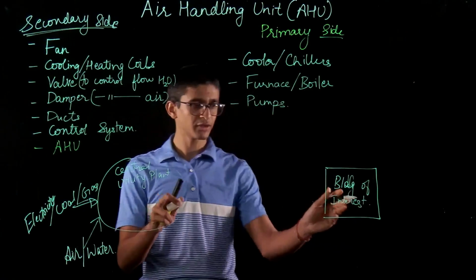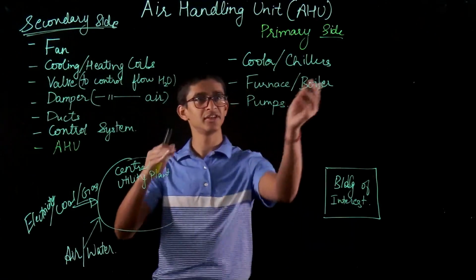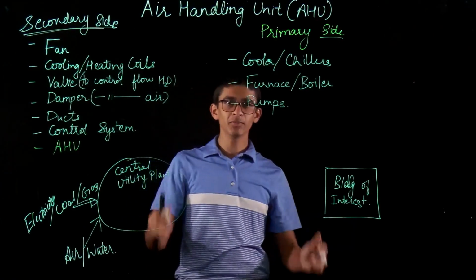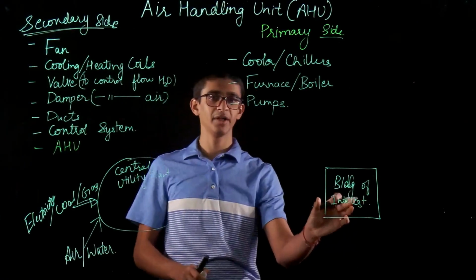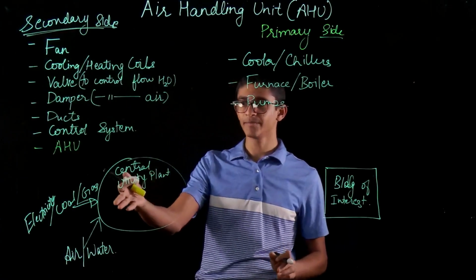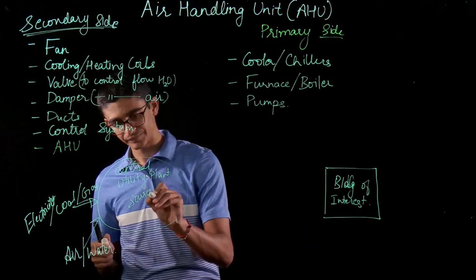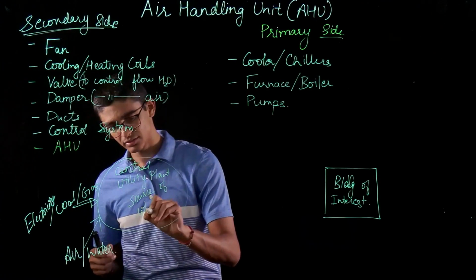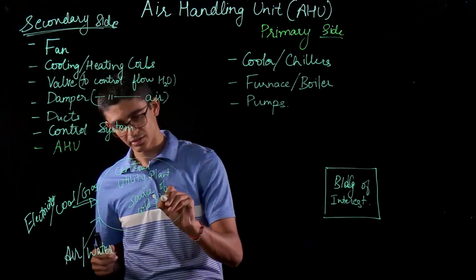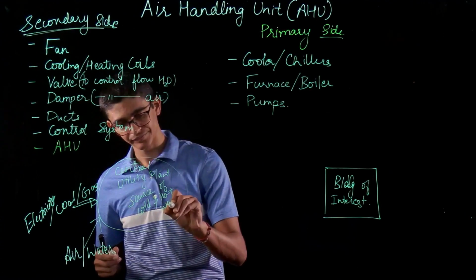In between, usually the building of interest will not have the chillers, boilers, everything. If we have multiple homes or multiple buildings, we'll have one central utility plant, which will be a source of cold and hot water,